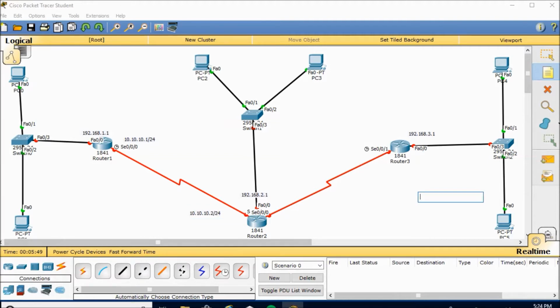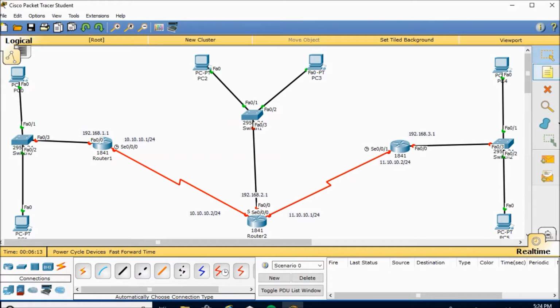Again I repeat, 24 is because we are subnetting our IP. Then 11.10.10.1/24 and 11.10.10.2/24. Okay,